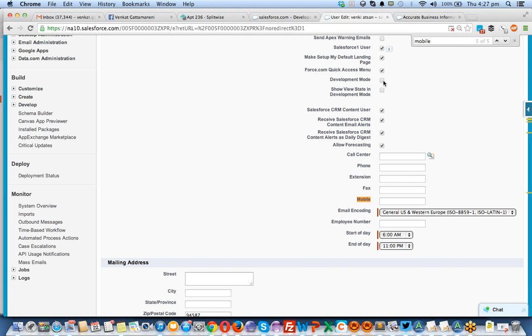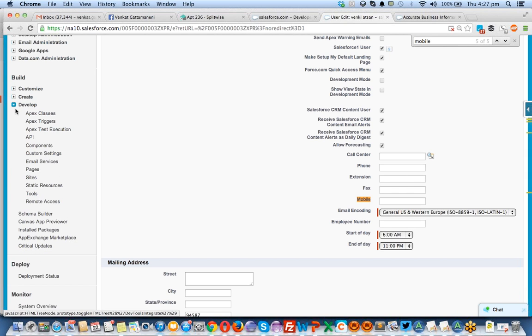The view state, the developer options, will enable you to code things directly in Salesforce pages. People can directly go to develop and do the stuff also, but here if you enable this option, when you are creating Visualforce pages directly in the URL, you can code directly here in the bottom section